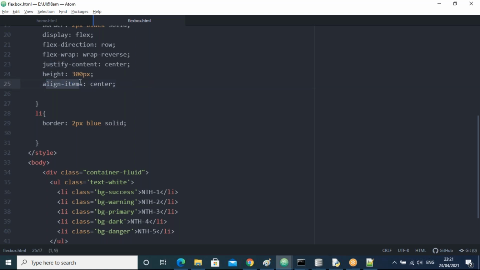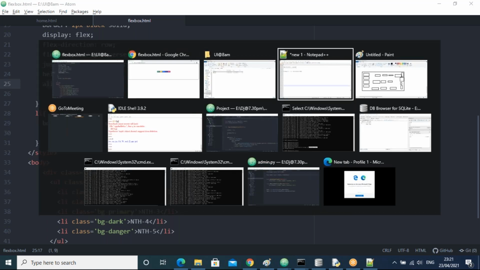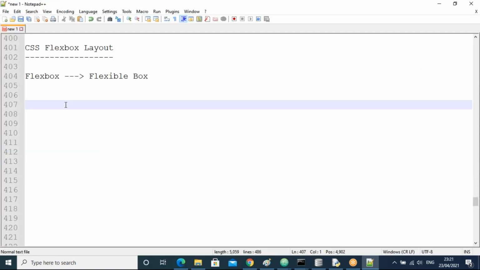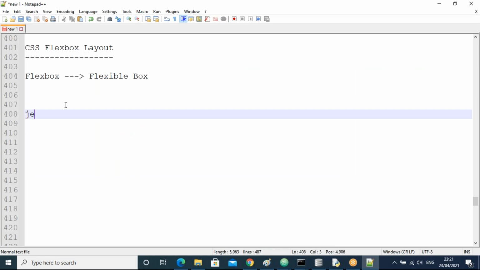So align items means bottom to top. For bottom, which one do we use, guys? Let me know. For align items bottom, which one do we use? We use flex start, right? Flex start, guys. So top means flex end. All of you are following me, right? All of you observe here. So we used